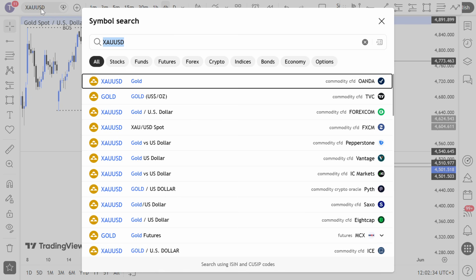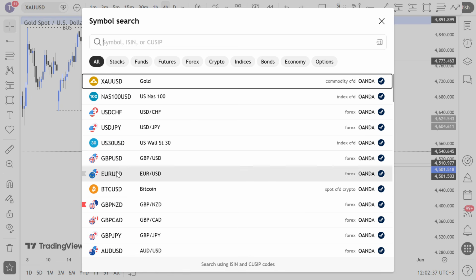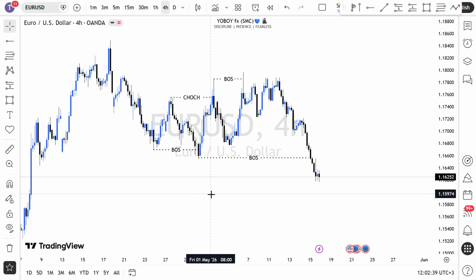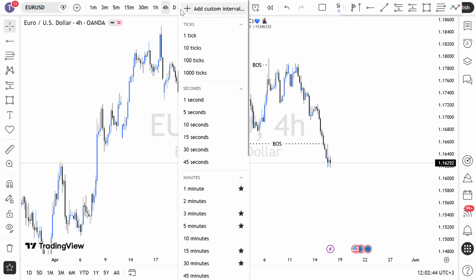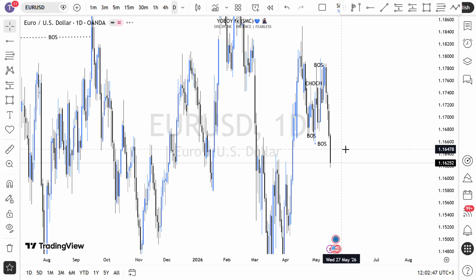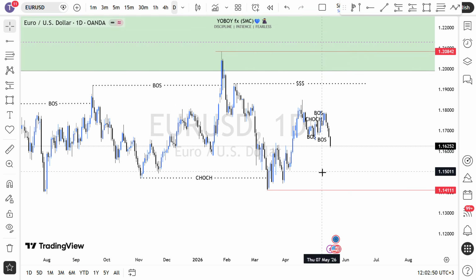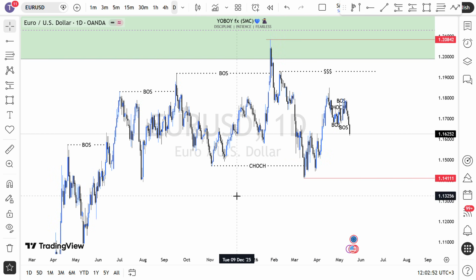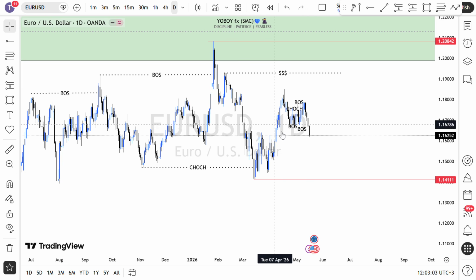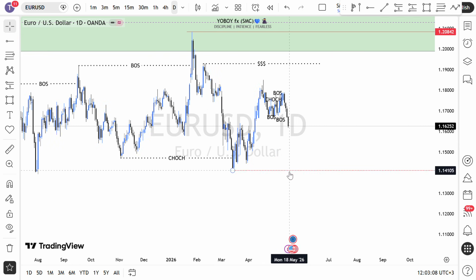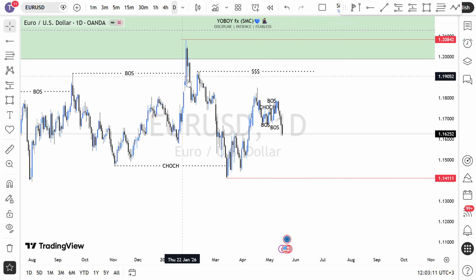I also have Euro USD and GBP USD. So a quick one on GBP USD and the Euro USD. So on Euro USD, I think we have a very good reaction, and I think we are having those sales that we have been waiting for. And that is because we had this change of character. Price cleared this low that formed the recent break of structure, and we had our change of character to the downside. So right now we have price having that selling reaction, and I think price is going to come down to clear this external liquidity. So we are supposed to look for those sells.